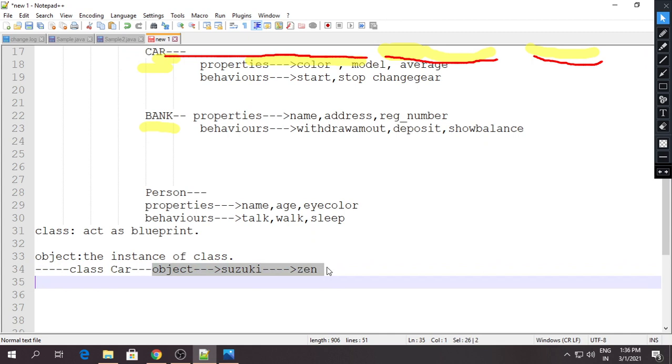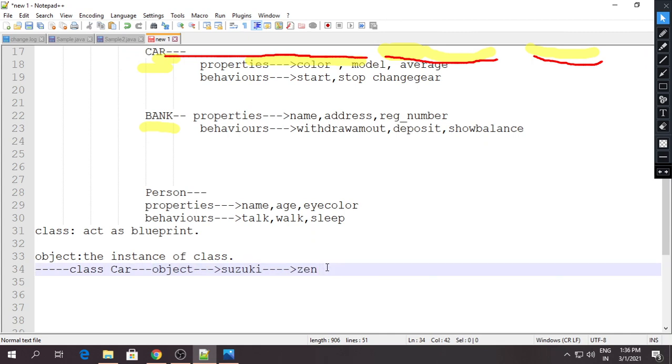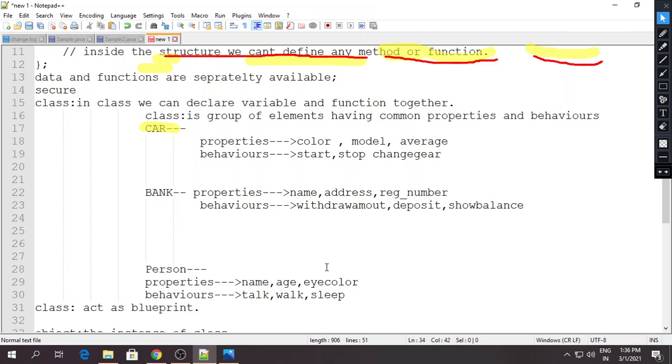If you observe, an object is an individual entity, or we can say a physical entity. A class is a logical entity. If you consider a car, it is one logical thing. But which car?